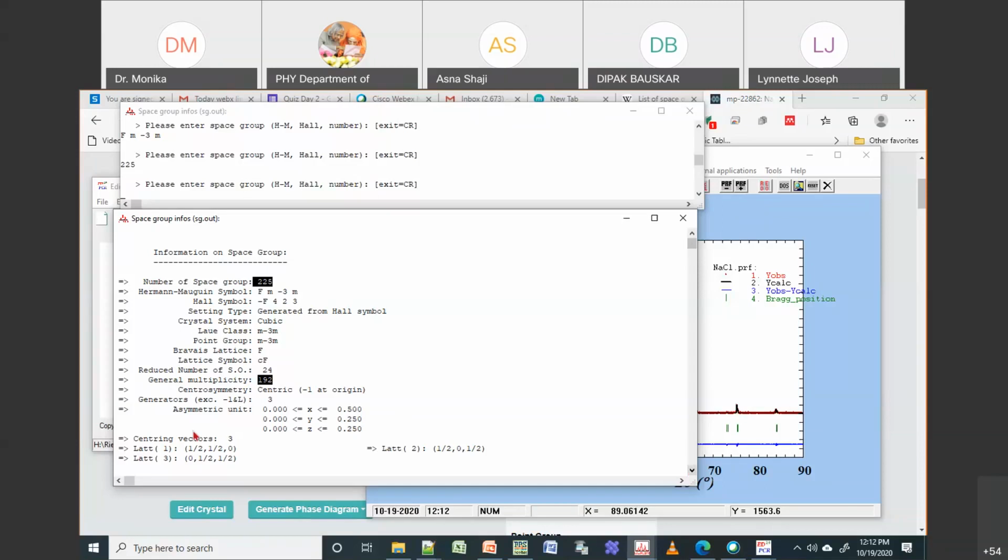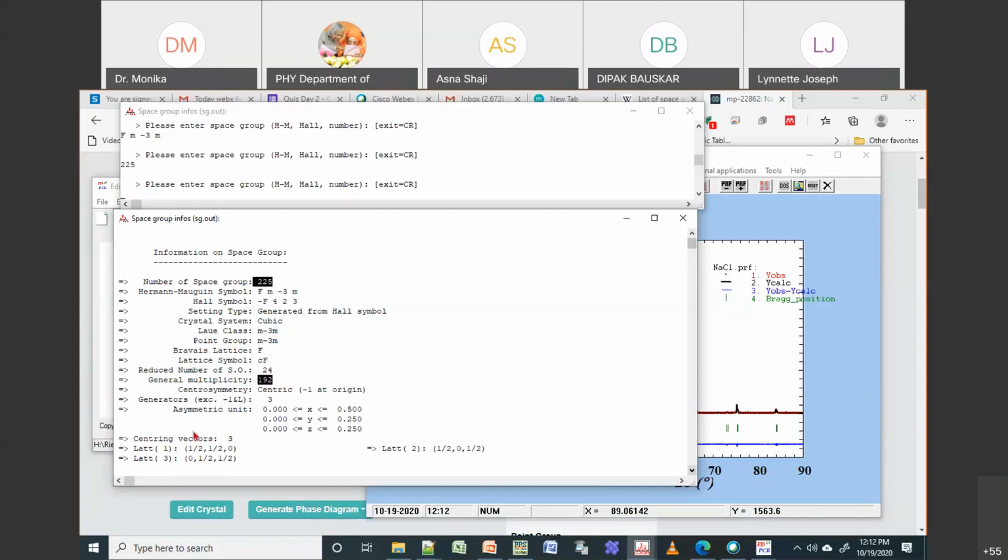Excuse me, sir. The screen is freezing and there is lag. The content being shared and your explanation is not being synchronized. Okay, I think there is some problem with our internet. So right now, is it fine? Can you see? It's delayed, sir. Few times it's okay, other times it's getting delayed. Okay, I will try to stop sharing and start again. Maybe because I'm switching between each thing, it is having delay.